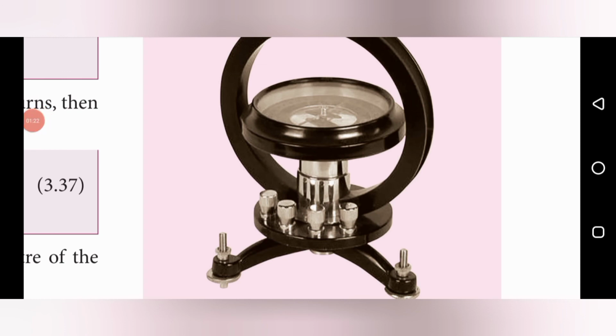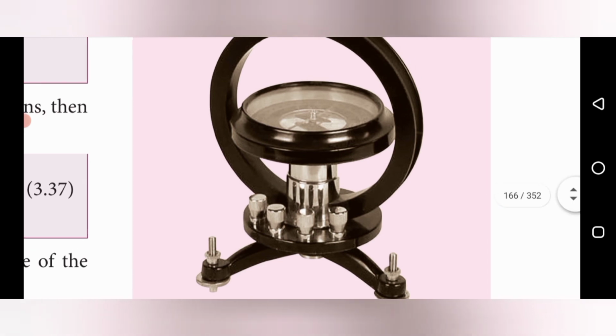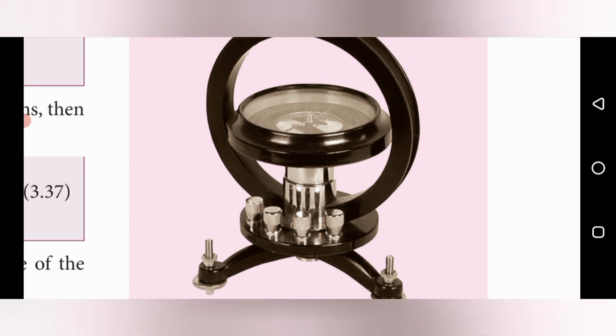Next, working. When the circuit is switched on, the electric current will pass through the circular coil. Because of this current, a magnetic field is produced around it. The magnetic field produces the circulatory electric current. So that we also discussed in this lesson, at the start of this lesson. And this electric current produces the magnetic field, and also the original Earth's magnetic field, so we have to place the initial adjustments in the Earth's magnetic meridian, that is Earth's magnetic field.